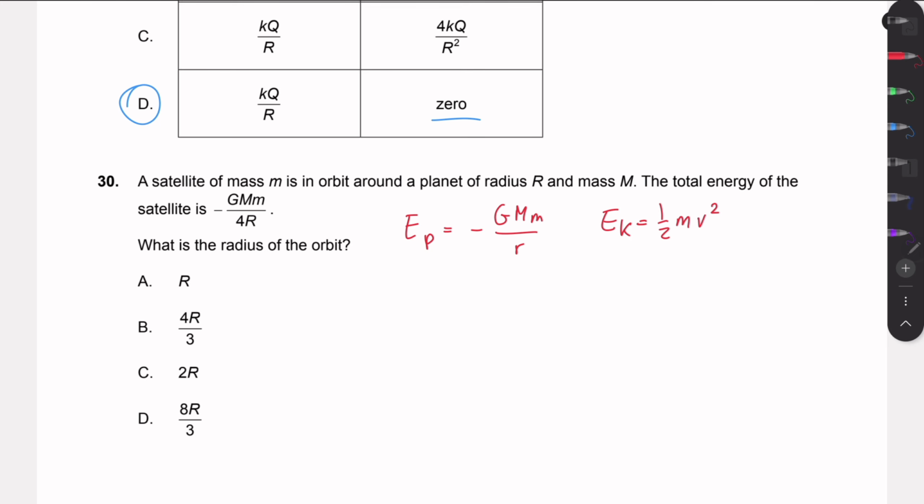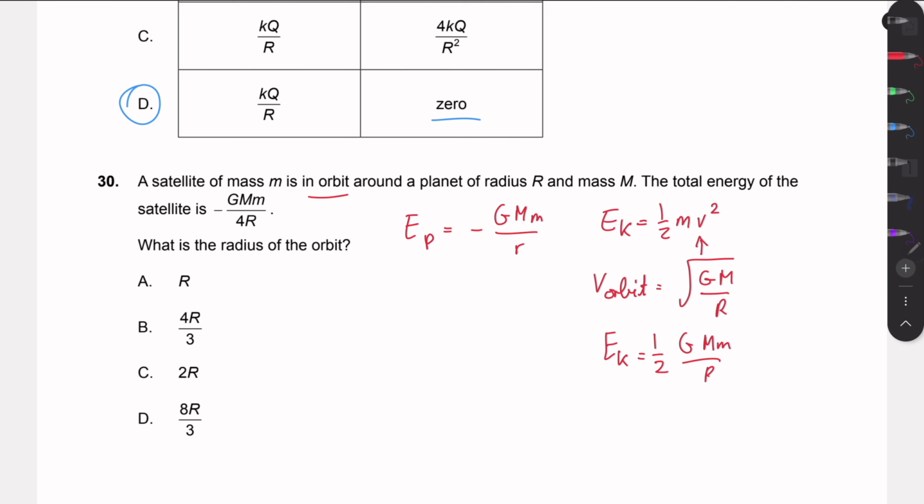But this isn't too useful for us, as we want it in some form like this, so that we can sum these two energies, so we can find the total energy. But as you see, there's no velocity here, so we somehow need to replace this velocity. And well, luckily we have a formula for orbital velocity. So when the satellite is orbiting, that speed is just the square root of GM over r. So if we plug that in there, we find that the kinetic energy is just 1/2